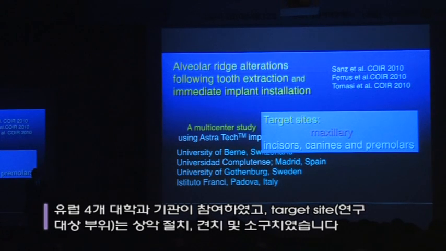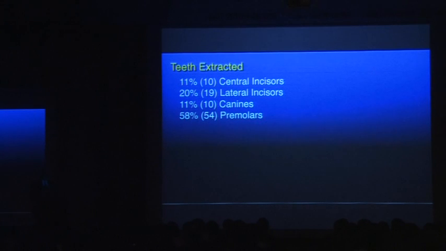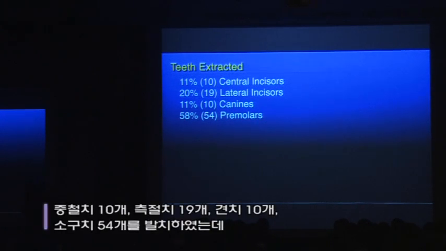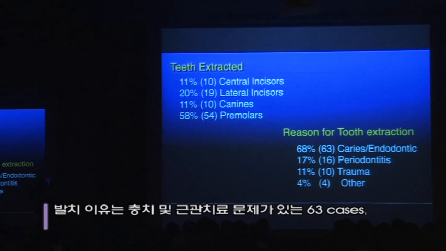The target sites were maxillary incisors, canines, and premolars. In other words, sites in the aesthetic zone. We extracted central incisors, 10, lateral incisors, 19, and 54 premolars. And the reason for tooth extraction